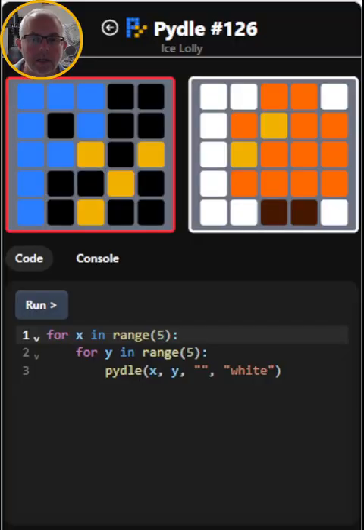Pydle is a daily puzzle game you need to solve by writing Python code. Today's Pydle is an ice lolly. You can see the little stick at the bottom and then the ice lolly with a little bit of melting there. So have a go at solving this Pydle using